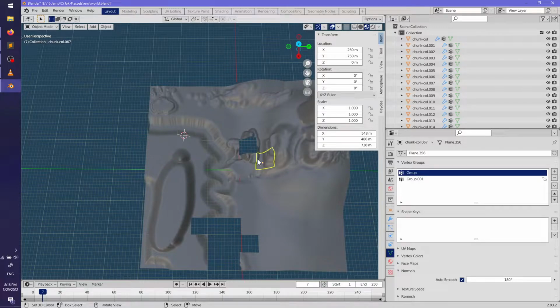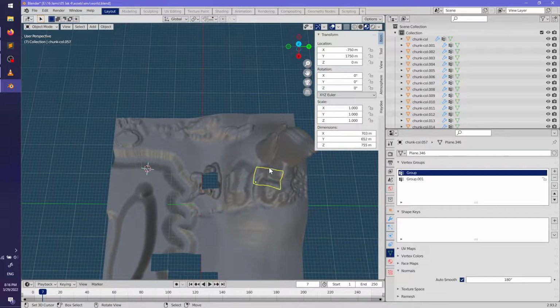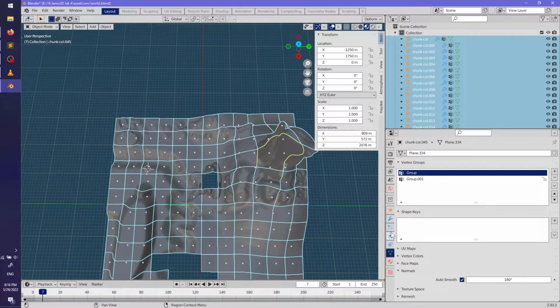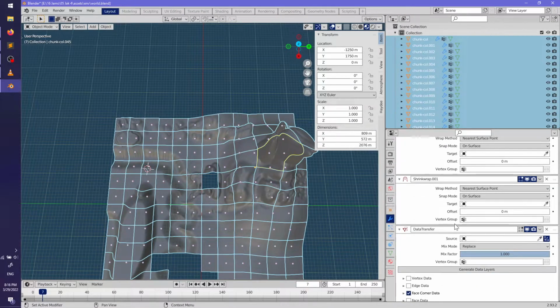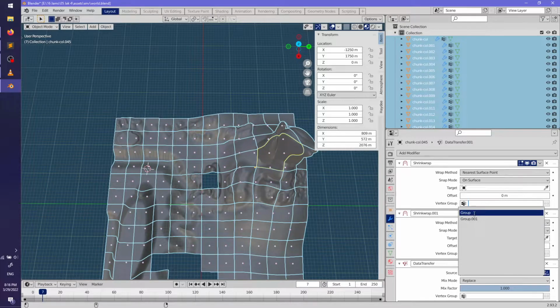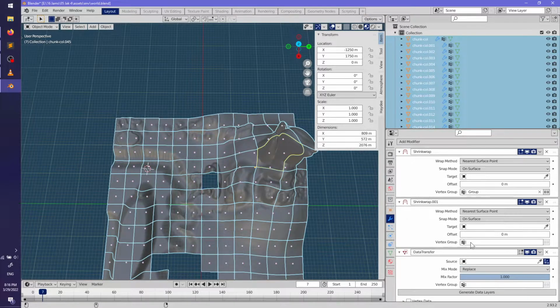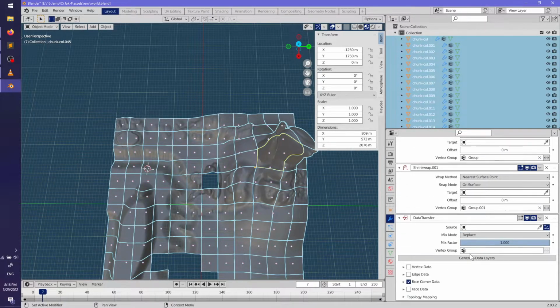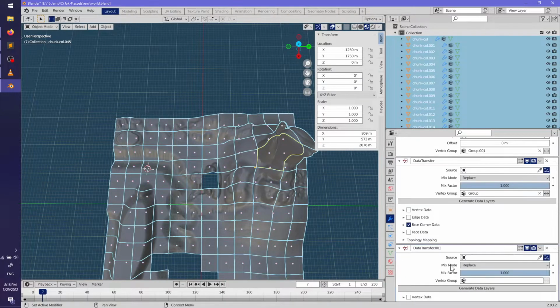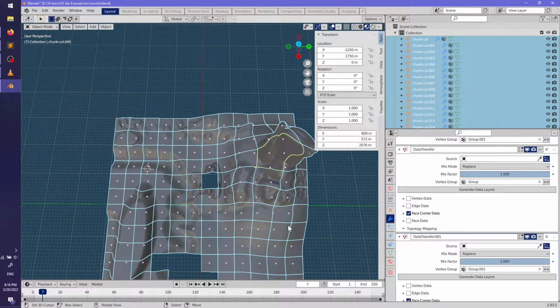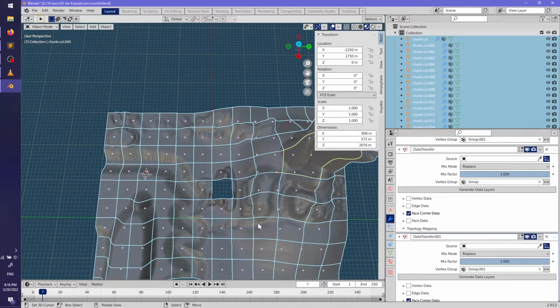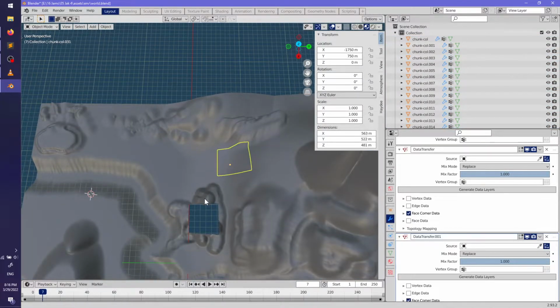So yeah, I'm just gonna try to get all of these, so that way I can hopefully do this vertex group. And then let's see how well that applied.